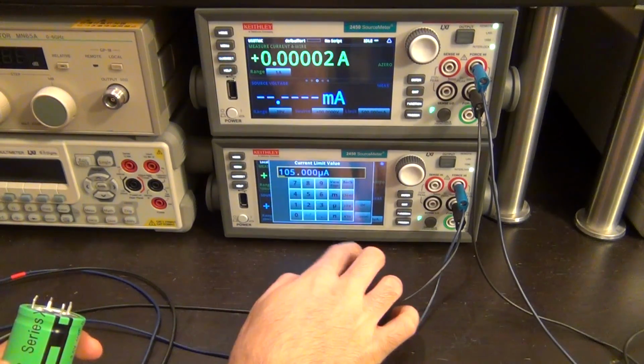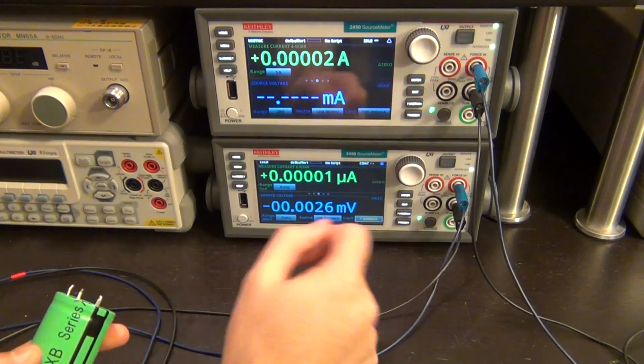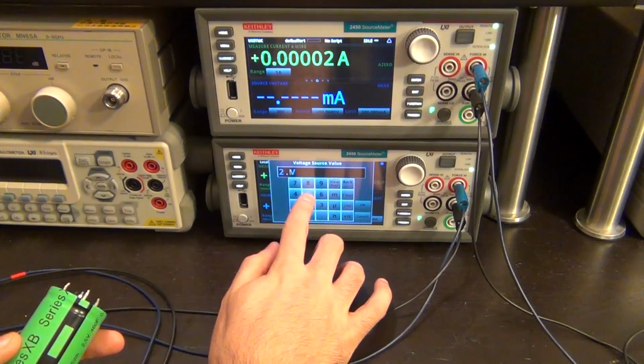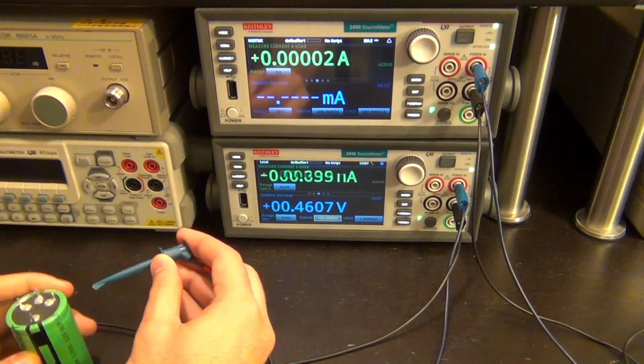Let's set the limit of the current to 1 amp. Like I said, you can charge these guys at a very high current, and 1 amp is the maximum the source meter can give us, so let's go ahead with that. I'm going to limit the voltage to 2.5 volts, like so. And I'm going to go ahead and connect this guy